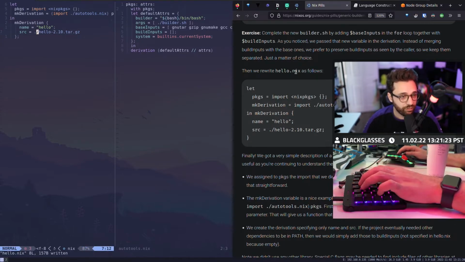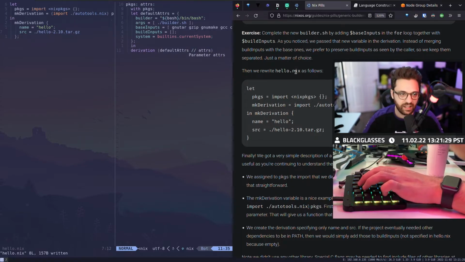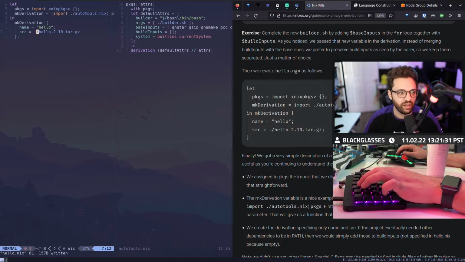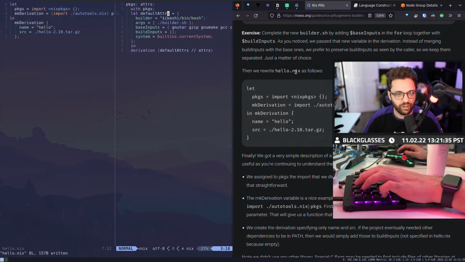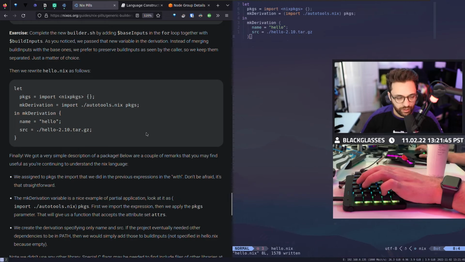So I only have to pass those two things because remember, down here, we have our default attributes, and then we merge left anything that we want to change. In this case, we don't have name or source at all, because it's not in the default attributes. So what's really going to happen is it's going to use all of the other pre-existing default values and then merge name and source into that. So let's take a look at this.